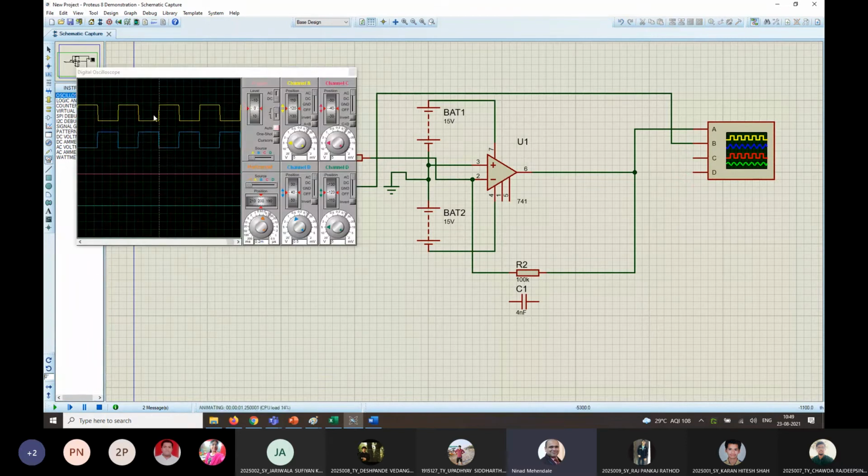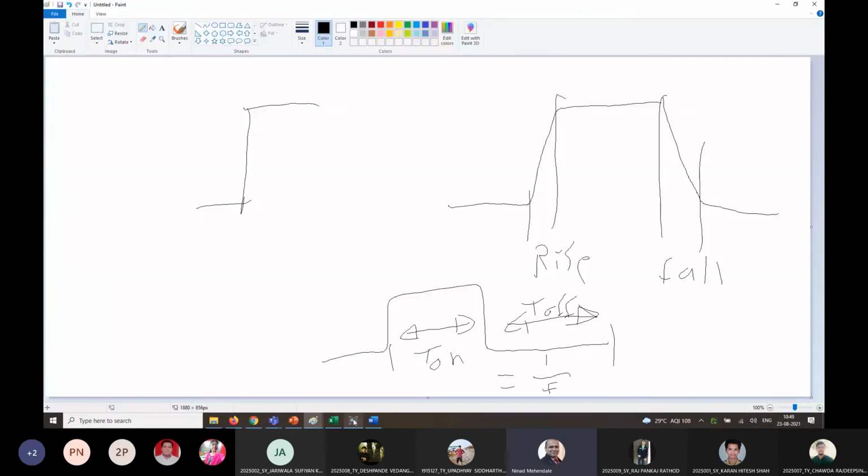You can see the inversion is happening, and also you can slightly see what I was talking about. Not a very perfect rectangle. They will have 1 microsecond delay. Now this was about a square wave. So what will happen if you integrate a square wave?